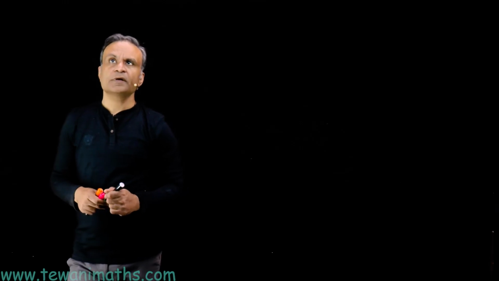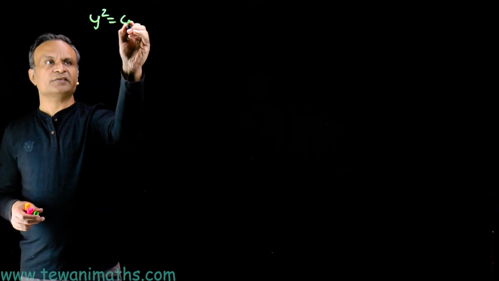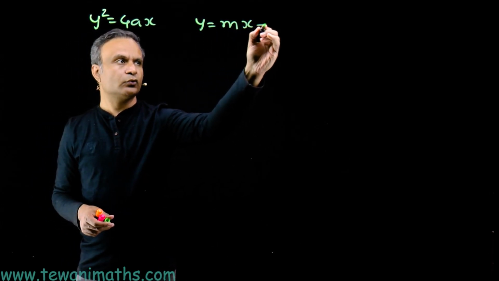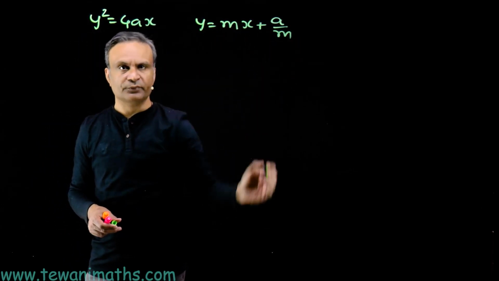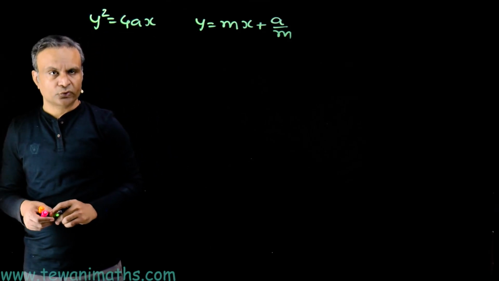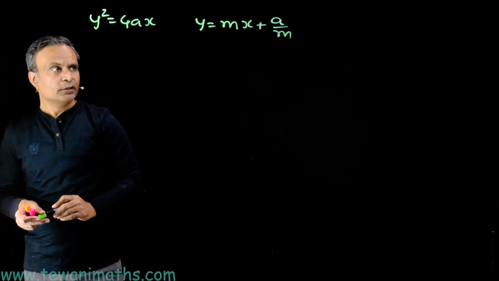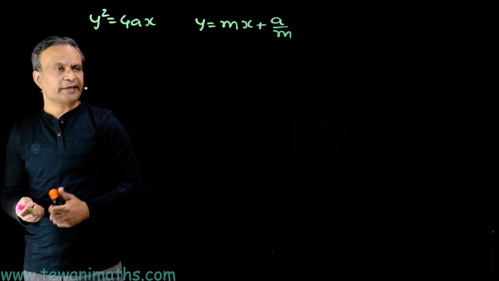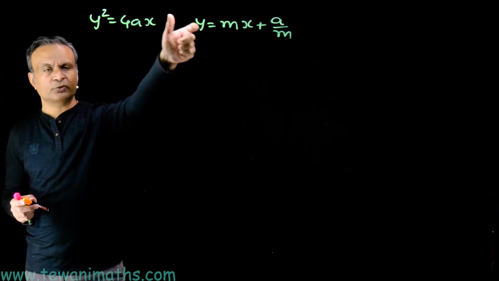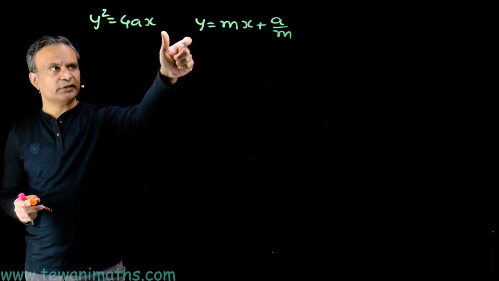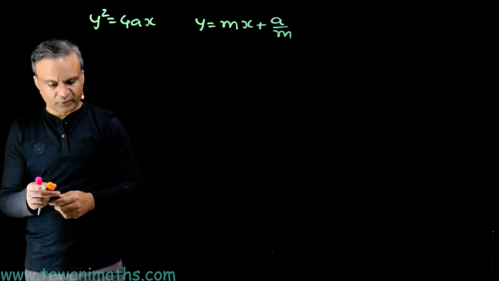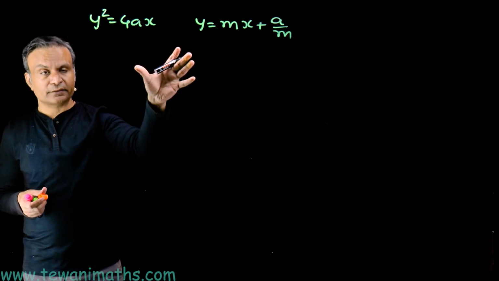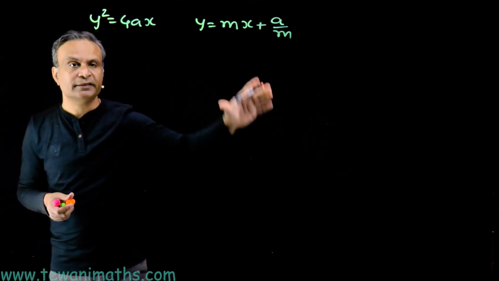Now the equation of a tangent to the parabola y square is equal to 4ax having slope m is y is equal to mx plus a upon m. The vertex of this parabola is the origin (0, 0). Now if the vertex of the parabola is at point (x1, y1), if we shift this parabola so that the vertex falls at point (x1, y1), then the equation of the parabola will be, we are here translating the curve, we are not rotating the curve, we are translating the curve.